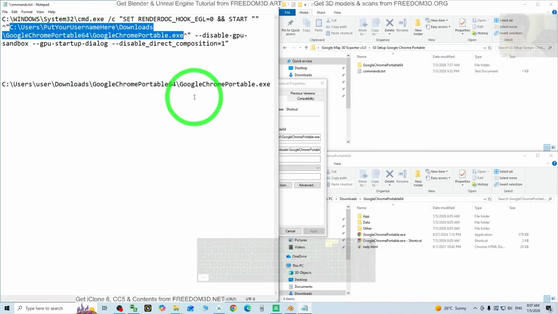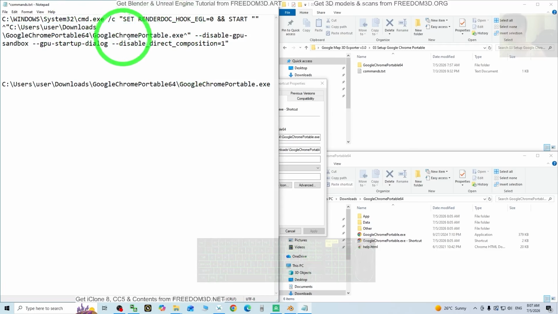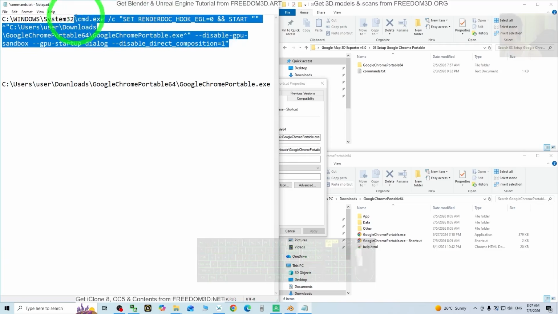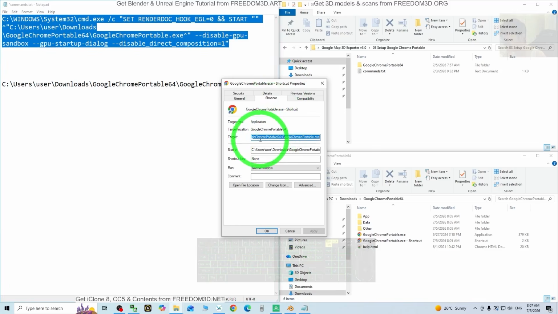You are going to overwrite the original path here. So C user download Google Chrome portable, Google Chrome portable. So just copy this, Control C to copy,